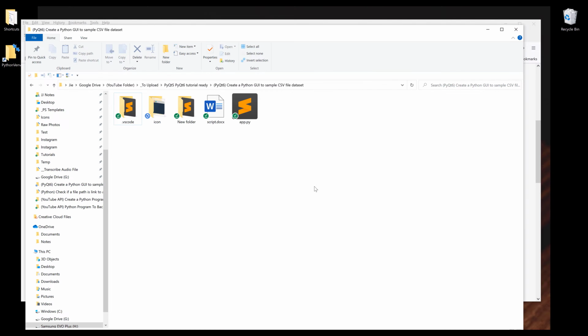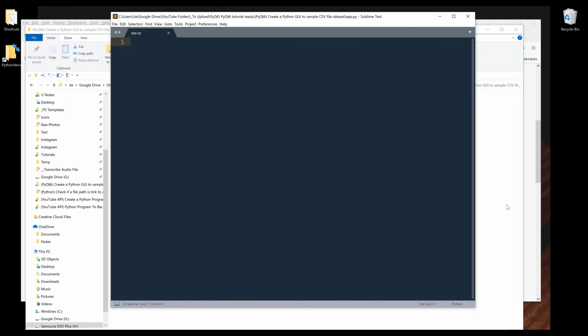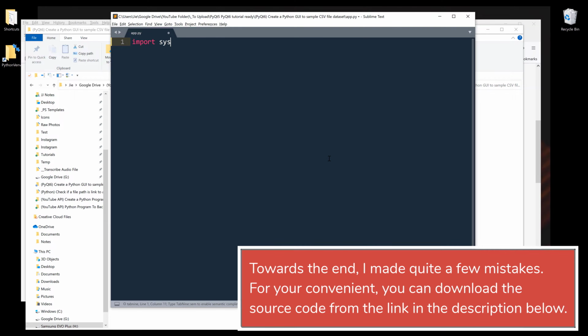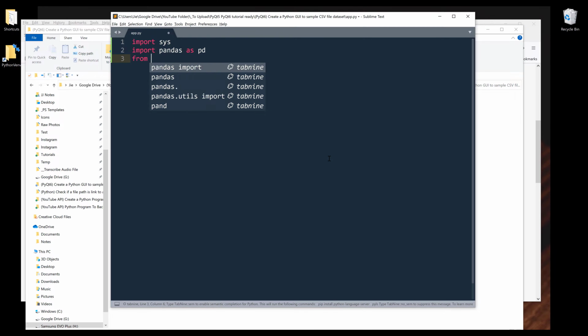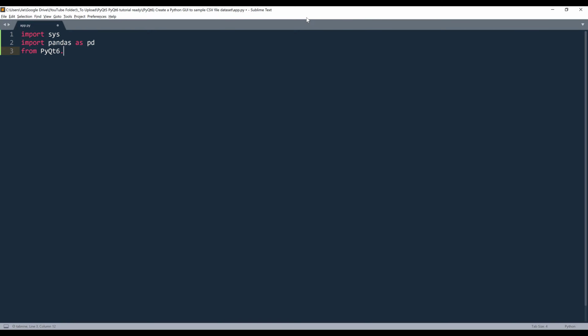Alright, so let's get started. Here I have a blank Python script called app.py, and I'll be using PyQt6 to construct the application. For this application, I'm going to import the system module, the pandas module, and from PyQt6.QtWidgets